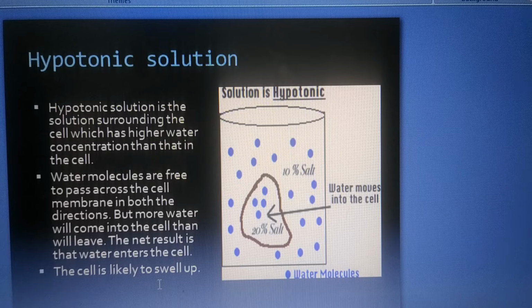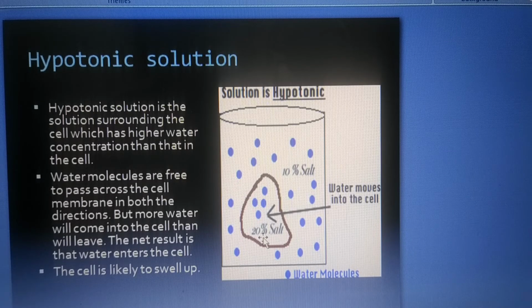So water is pure water. Then what is the difference between their concentrations? How will the movement of molecules take place? These are the points we are going to discuss. It is a relative concentration that we are going to take.